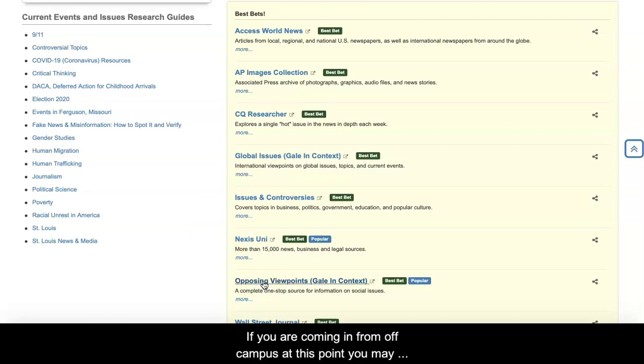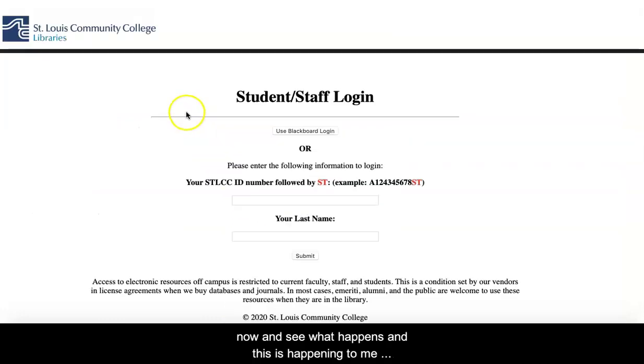If you are coming in from off campus, at this point you may be asked to authenticate. I'm going to click right here now and see what happens. And this is happening to me because I'm off campus right now. It's asking me to authenticate. And I have two choices by which to do that. I can use my Blackboard login, or I can use my library login, which is my college ID plus the college code ST on this line, and then my last name on this line. I think it's easier to use my Blackboard login, so I'm going to click here,